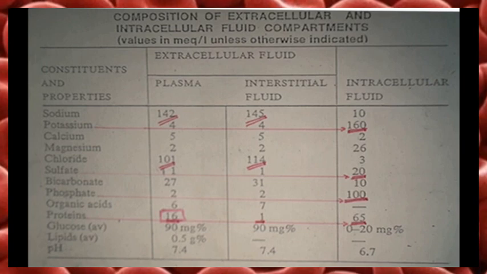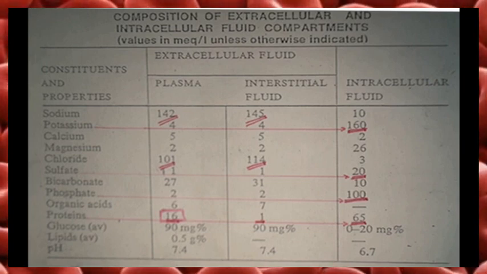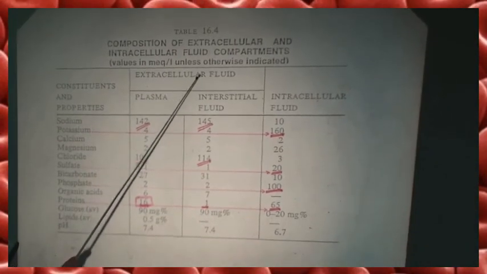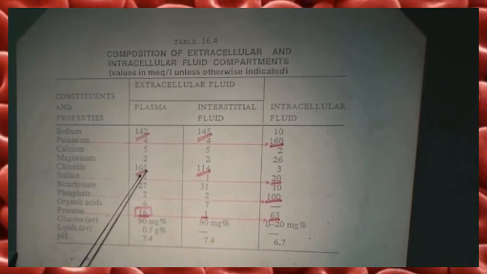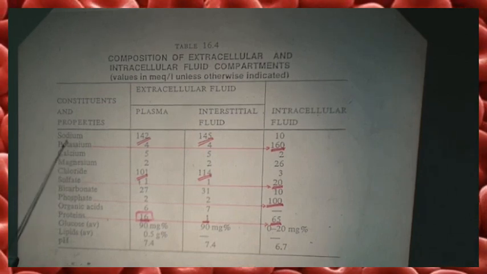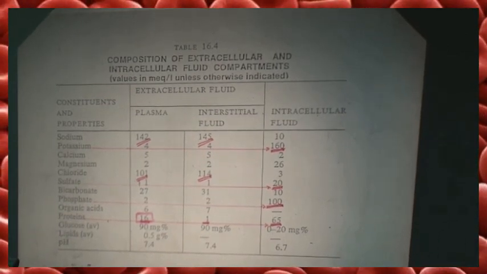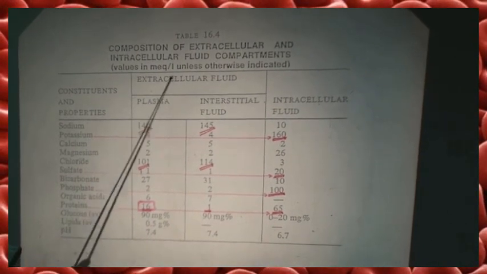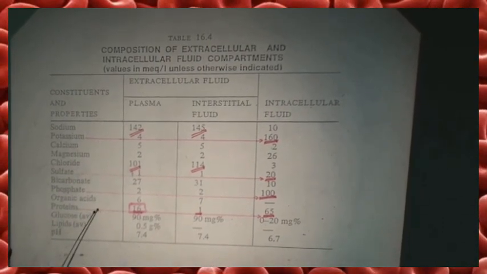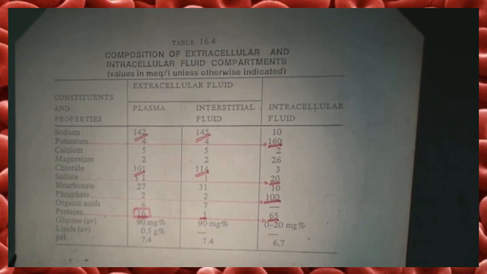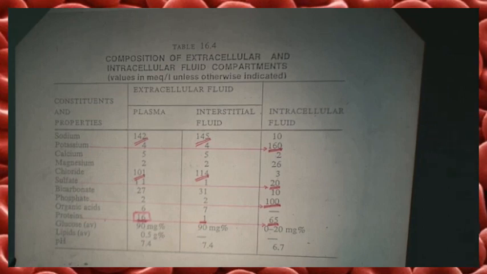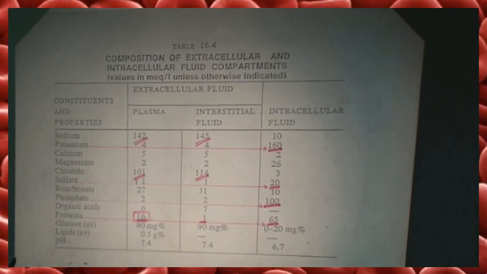This figure, or this table, shows the composition of extracellular and intracellular fluid compartments. You see the extracellular fluid and intracellular fluid, and these are the contents. This is sodium, potassium, calcium, magnesium, chloride, etc. You see in the extracellular fluid mainly sodium, chloride, and proteins. You see there is no difference between plasma and interstitial fluid